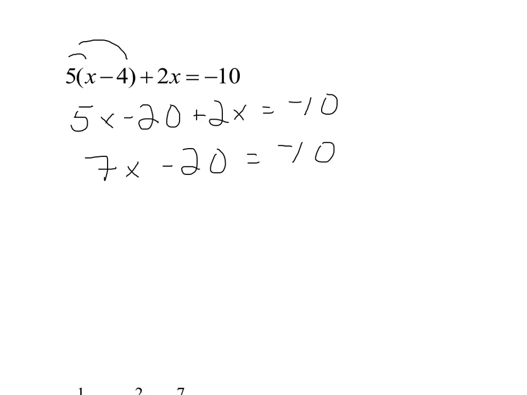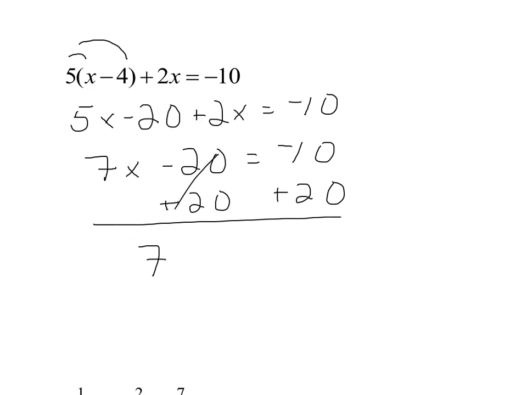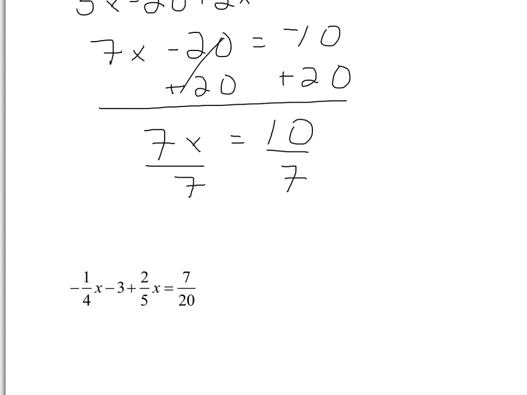Now, I'm trying to get x by itself, so I have to keep undoing things until I peel away everything but the x. Next, I'm going to take care of this 20. It's subtracted, so I'll do the opposite, which is add it. So these cancel out. I'm just left with 7x on the left. Over here I have 10. Now x is multiplied by 7, so the opposite of multiplying is dividing. I'll divide each side by 7. And I get for a final answer x equals